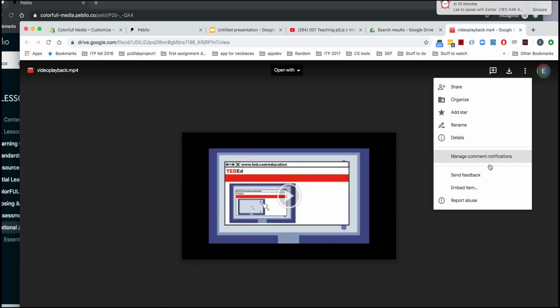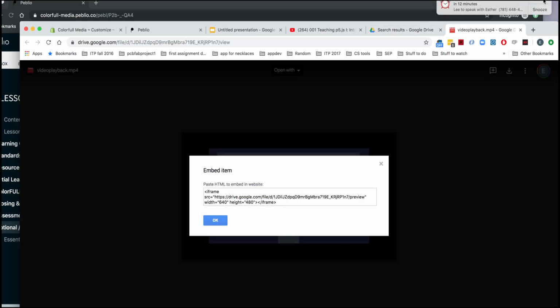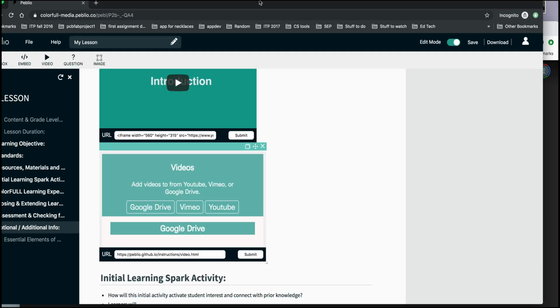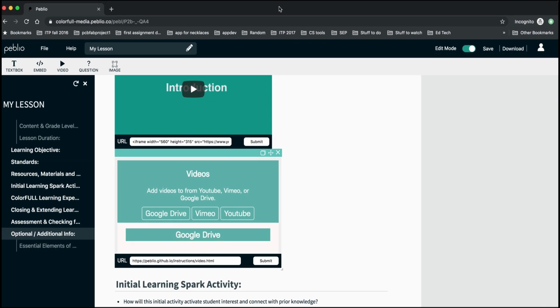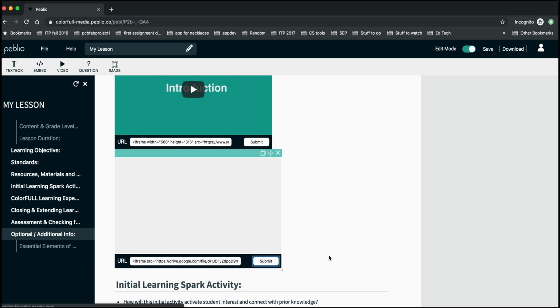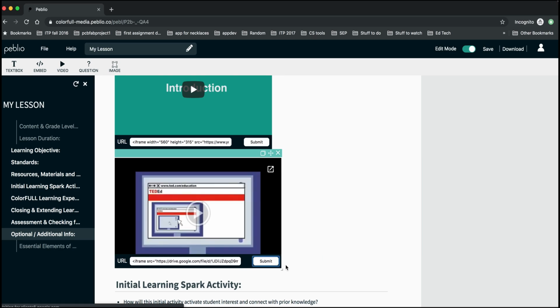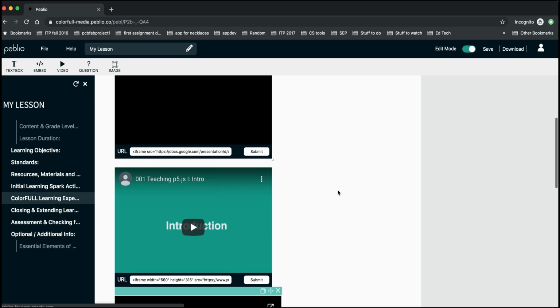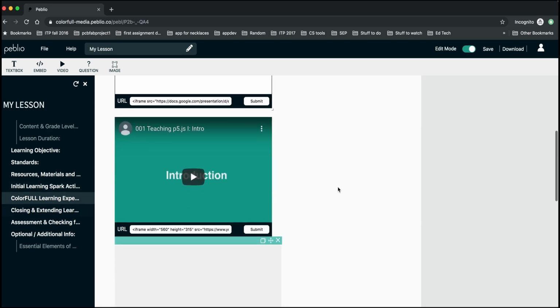So you have to first open it in a new window, click these three dots again, and then you can say embed item, and you get, again, this iframe. And that's always what you're looking for. So if there's some content that you want to embed and you're not sure how, you can always just Google how to embed this item or get an iframe from Vimeo, and that's the information that you're looking for. You're just looking for this iframe, and again, I can drop it in here,